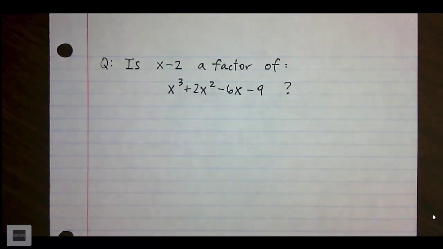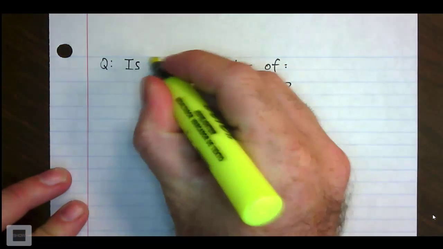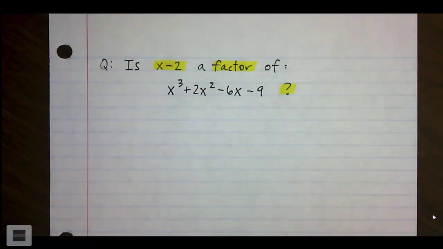Okay guys, so I'm going to show you two examples here that involve the factor theorem, and then walk through and talk about some keywords and how we do it to show the factor theorem. So in this problem it's asking, is x minus 2 a factor of that polynomial? To do this, remember the factor theorem says if synthetic division produces a remainder of 0, then we know